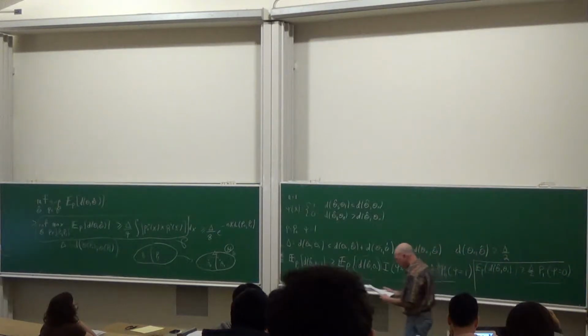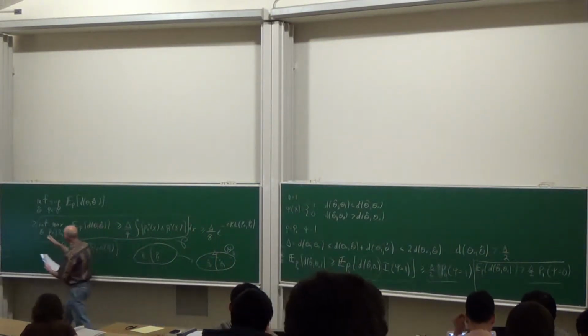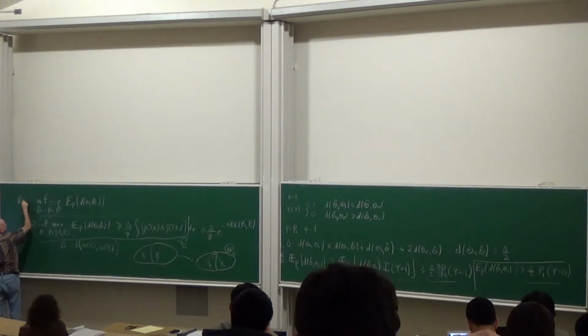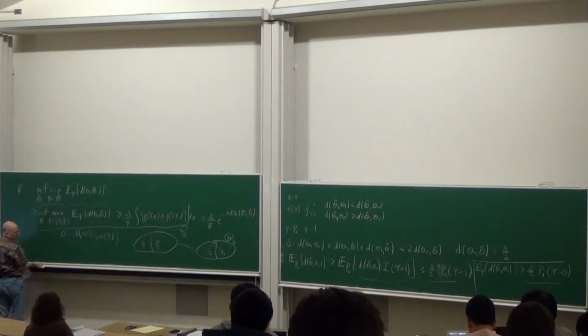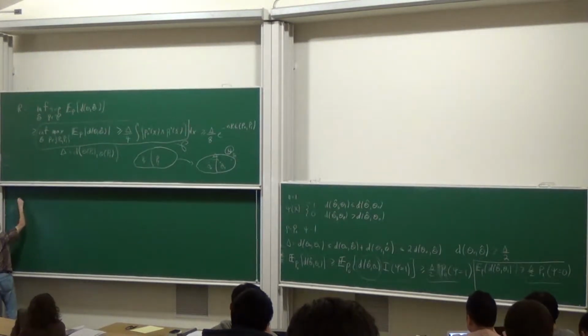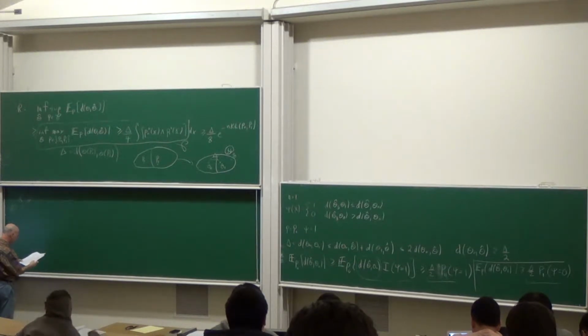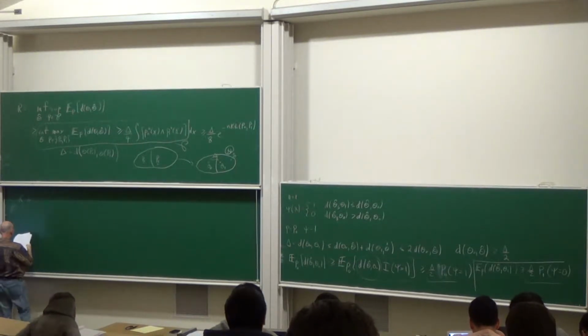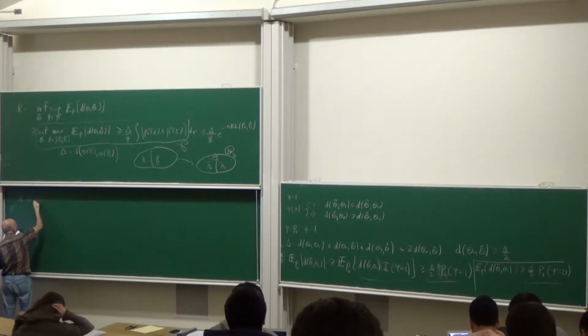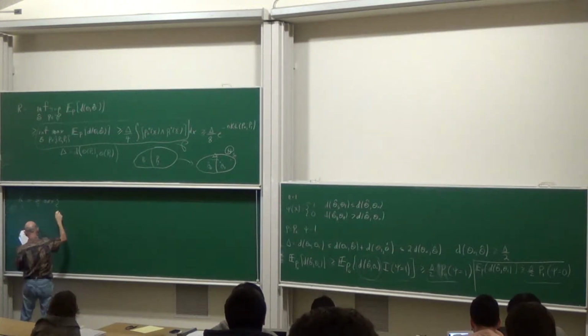So we just concluded, let's call this R, that R is bigger than or equal to the maximum of those two things I just computed. That is, delta over 2 times the maximum of